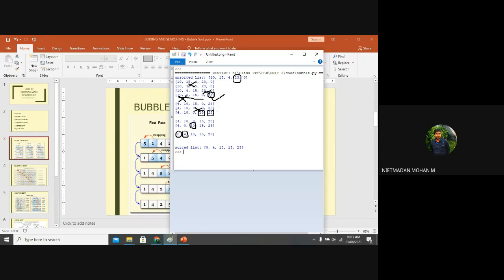So likewise, when you have 5 elements, the first iteration consists of 4 repetitions, the second iteration consists of 3 repetitions, the third iteration consists of 2 repetitions, and the fourth iteration consists of the final repetition. So when you are going with 5 elements, 4 iterations will be there. So this is the concept. That means the number of elements minus 1 is the number of iterations, because the final element will already be placed, so no need for this final element also.